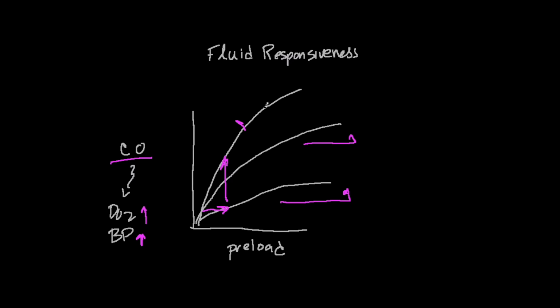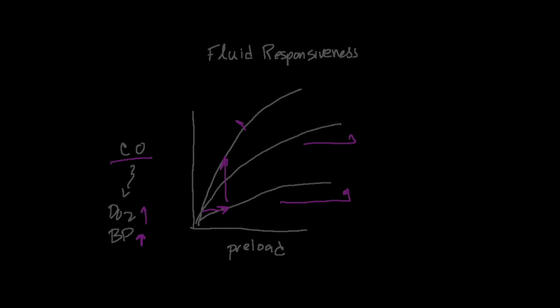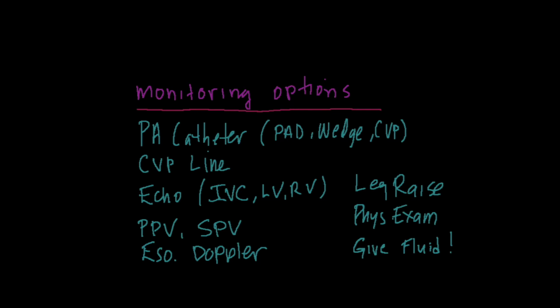Where that point is, where you stop giving fluids, is kind of a matter of conjecture, but various monitoring schemes that we talk about will help support the decisions on when to give fluids and when to think about other things to improve blood pressure and oxygen delivery. So this is a list of various monitoring options that might drive you toward thinking that your patient is either